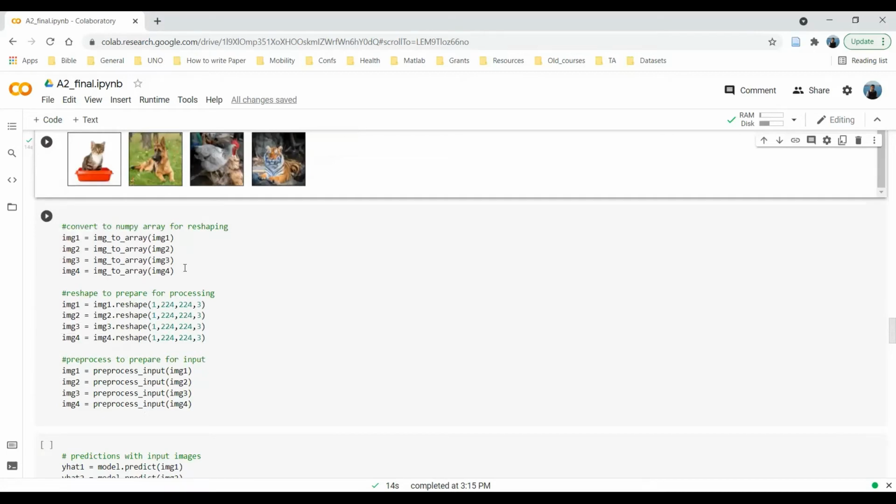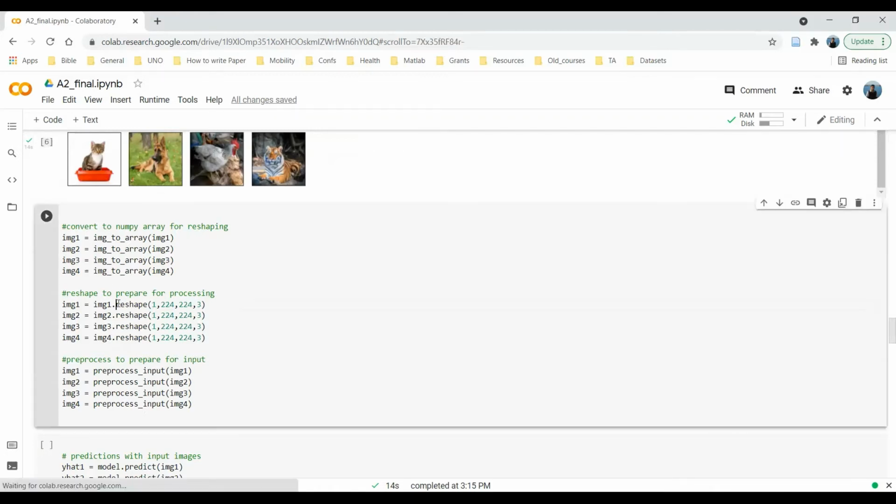Before I give this input to the VGG16 model, I need to convert it into an input that is acceptable for VGG16. That is what I'm doing here. First convert into a NumPy array, and then reshape, because VGG16 takes only 224 by 224 images.